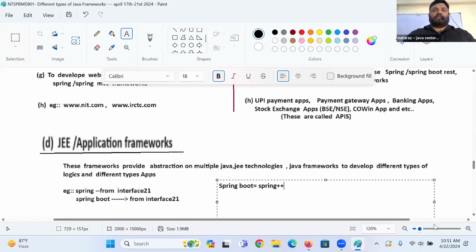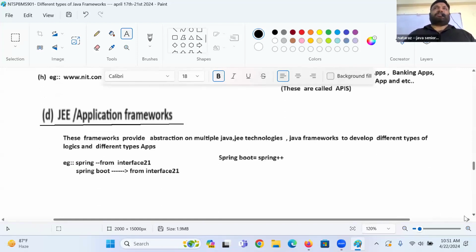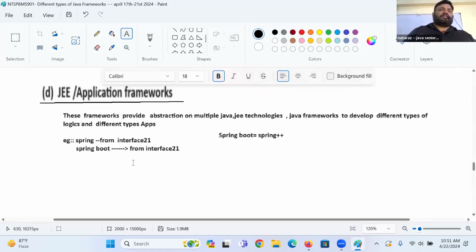Spring Boot is equal to Spring++. Spring Boot is the extension of Spring Framework. What do you say, guys?